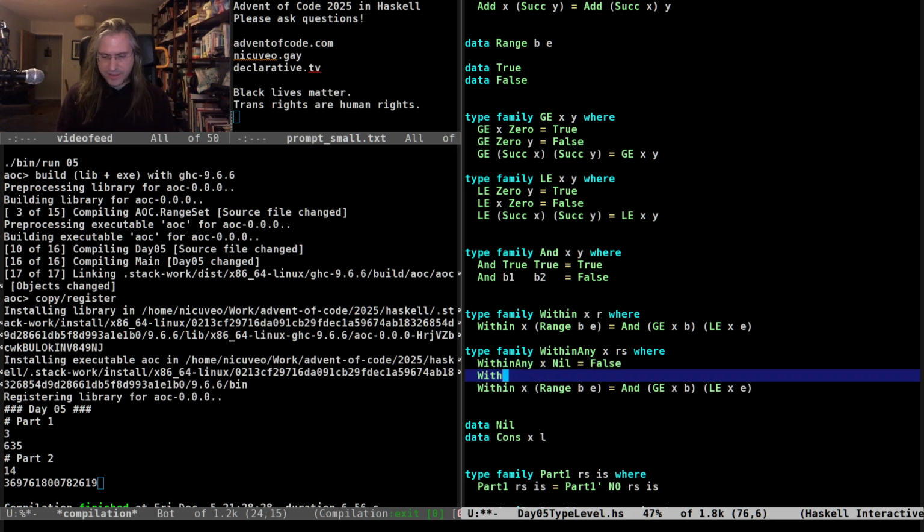Within any of x in a list that contains a range R and some more ranges afterwards will be a within any prime of within X R,